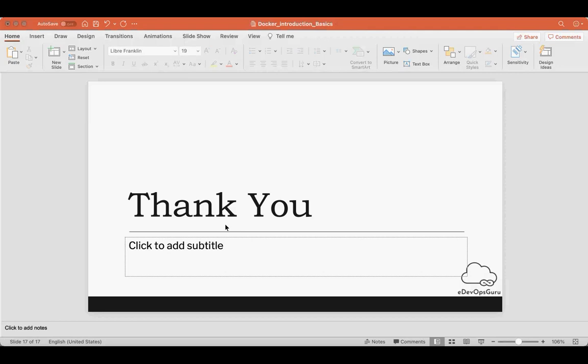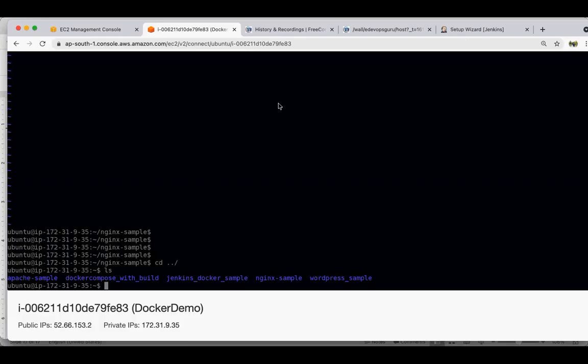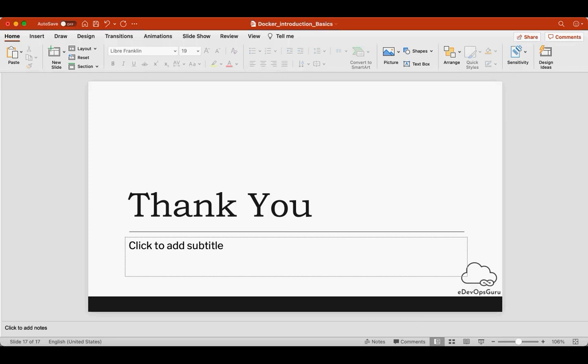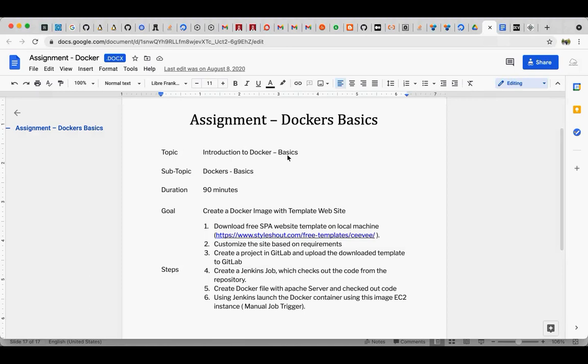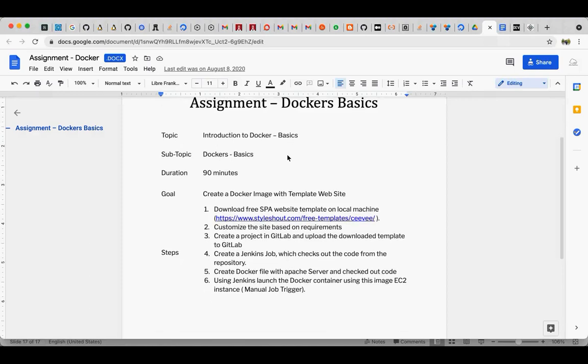So I will share one hands-on activity. Let me share it now. Just a minute while I find it. I will also put it on the Slack channel, but for now this is the assignment which we have created.